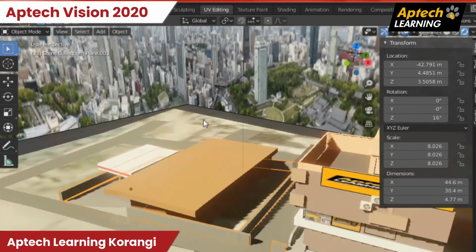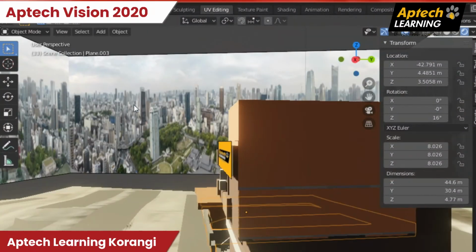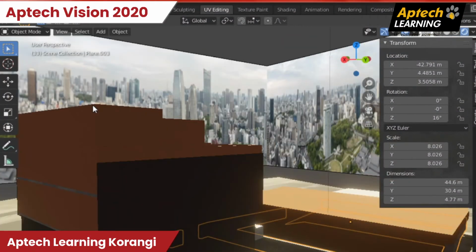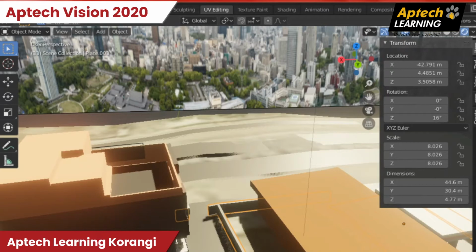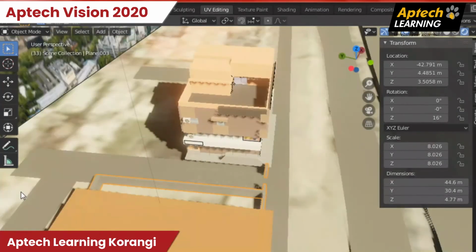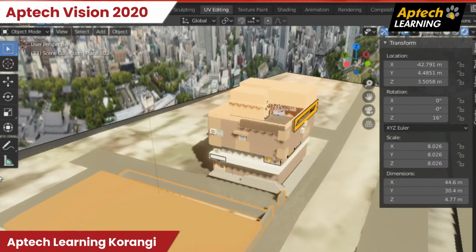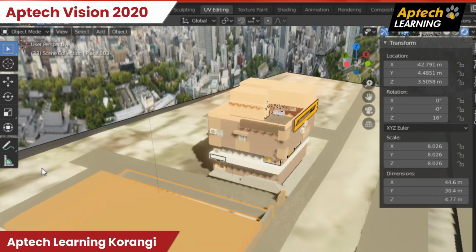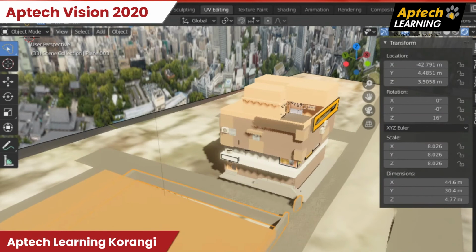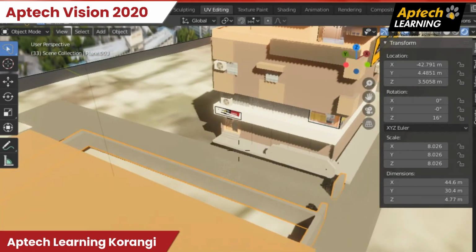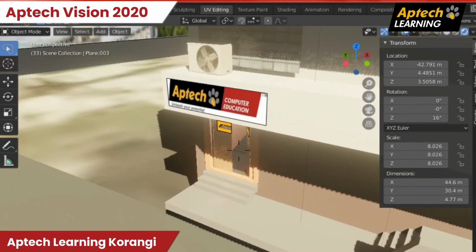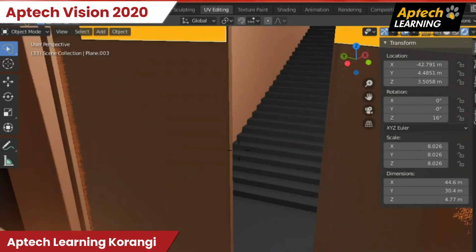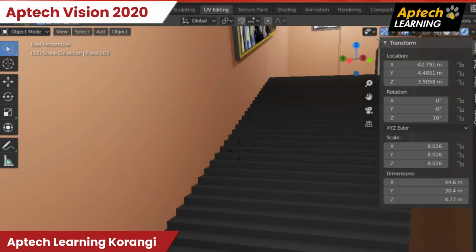But now we have a sun in our gallery which is throwing the light in that direction, and now we can roam in the AppTech again. We will roam in the AppTech again, and you will see the difference between the material mode and the shader mode, oh sorry, the render mode. Okay, we are in render mode now, and we are walking through the AppTech again. This is our second time, and you will feel the difference.